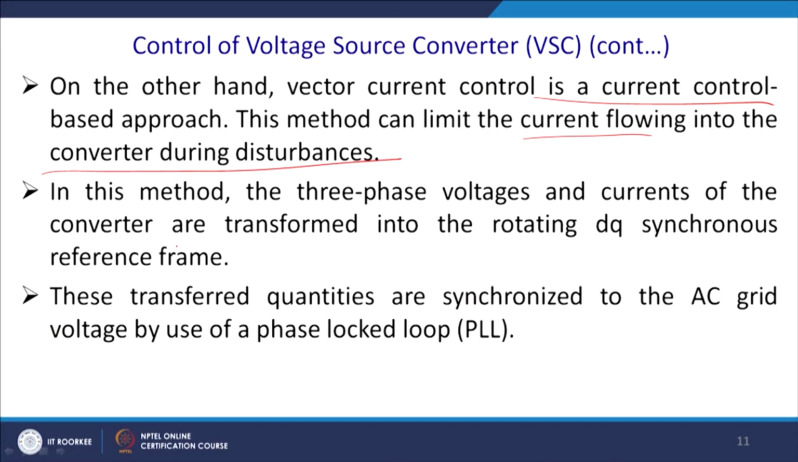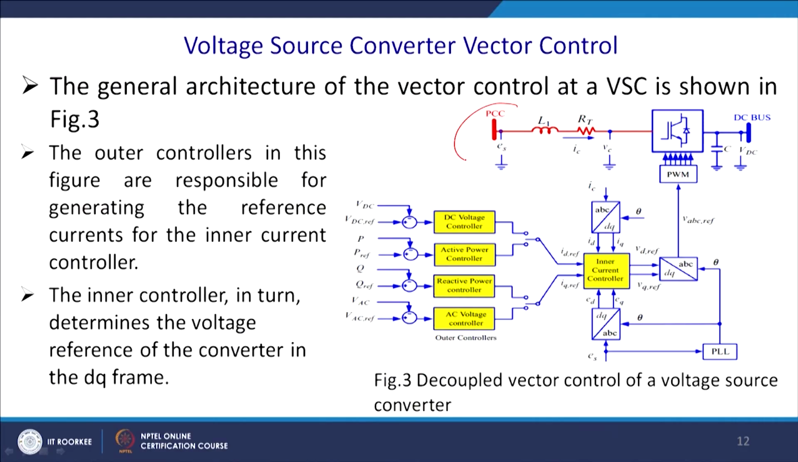And in this method, the 3 phase voltage and current of the converter is transformed into the rotating DQ frame once you are converting the AC to DC to fit into the DC microgrid. This transformed quantity is synchronized to the AC grid voltage by using a phase lock loop. So, you will convert the AC to DC, and you will maintain the phase lock loop, we shall discuss it here. So, this is the point of common coupling,